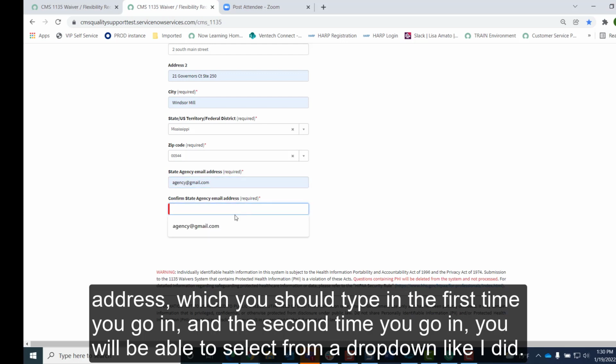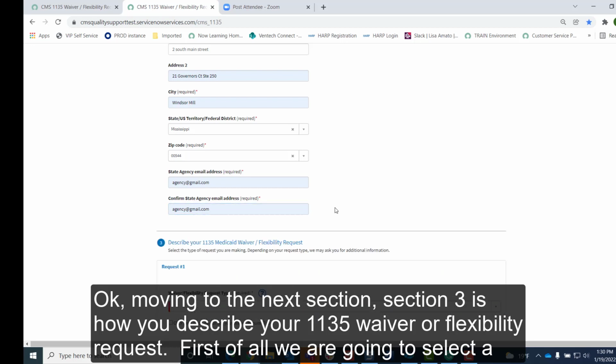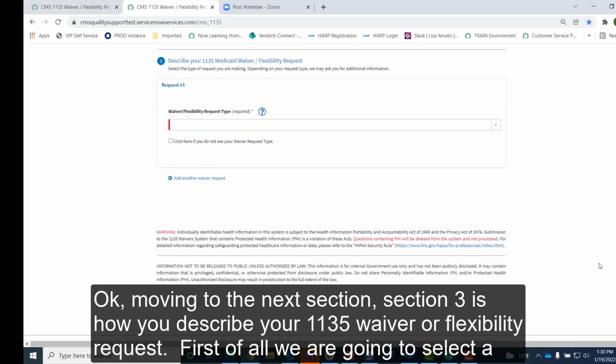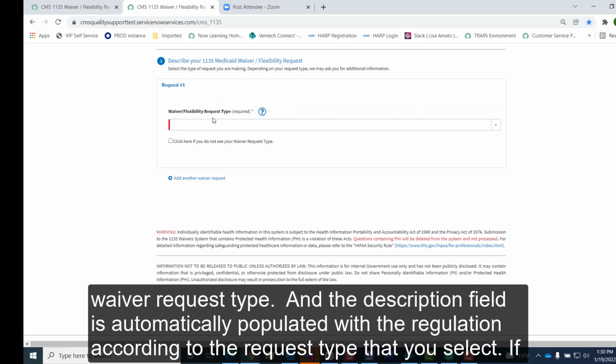Coming further down, we enter a state agency email address, which you should type in the first time that you go in, and the second time you go in, you'll be able to select from a drop-down like I did. Okay, moving to the next section.